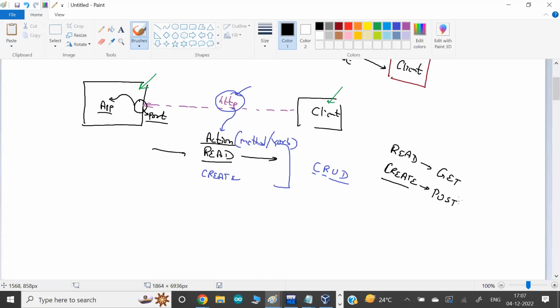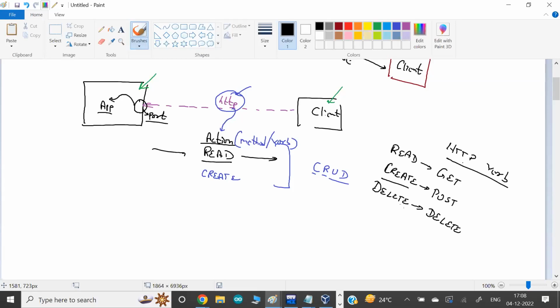If you want to delete some data, in the real world we use the word delete, and here we again use the same name, the DELETE method. So these are different HTTP verbs, HTTP actions, or methods, whatever term you want to use.